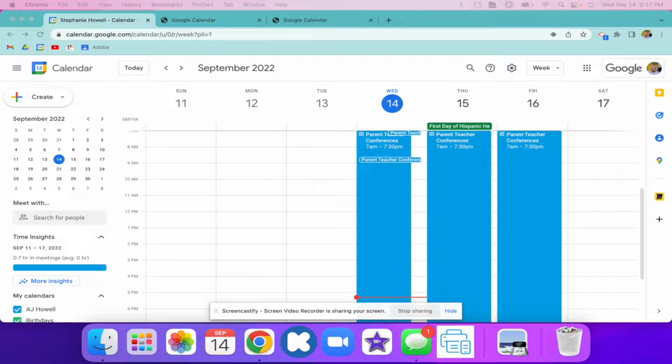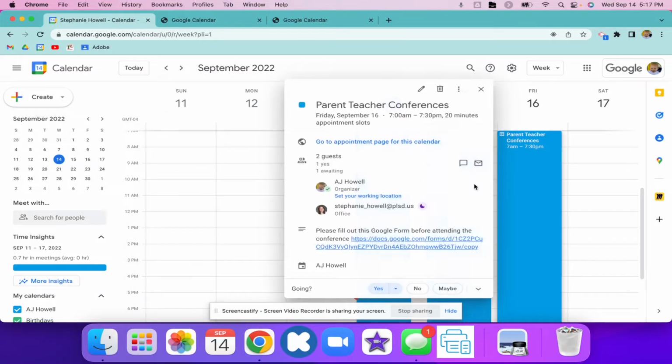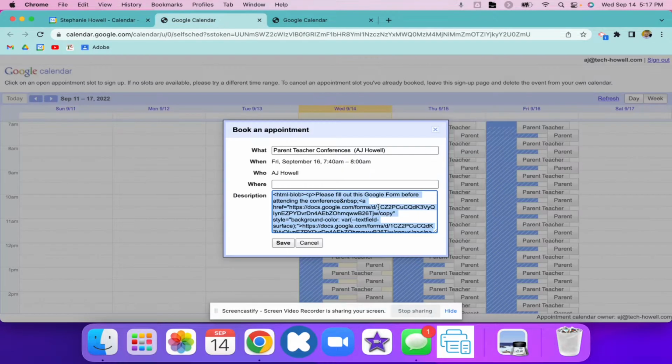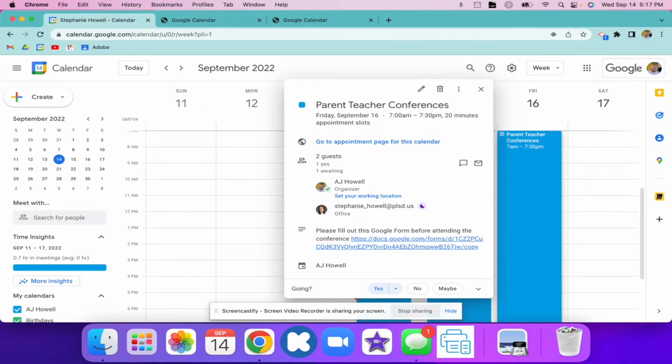But having a Google form could also be another option if you didn't want them to type right here on the invite. Totally up to you, but again, be careful of that copying and pasting. It looks great here, but on the parents' end, it looks really crazy and it's very difficult to follow. If you need help or have questions, please let me know. And I will also make a parent video so that way the parents know exactly how to sign up to have a conference with